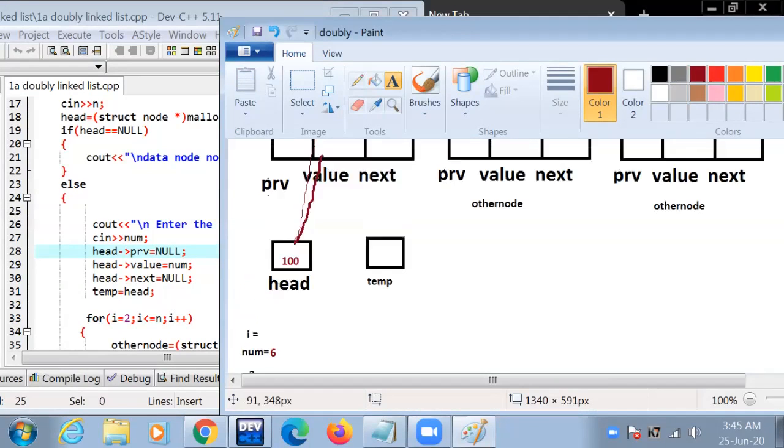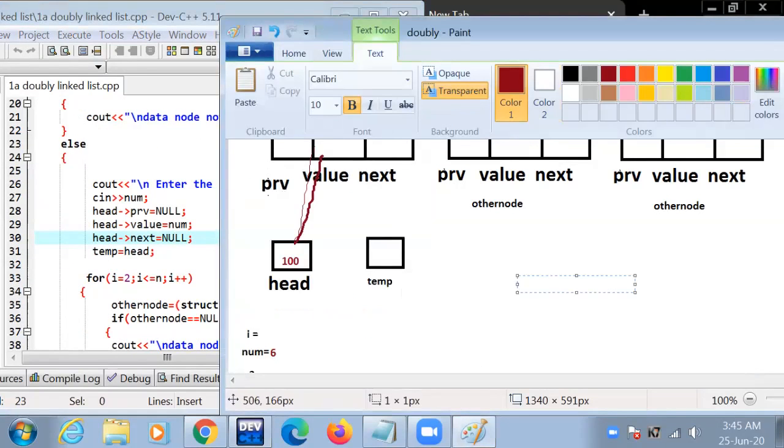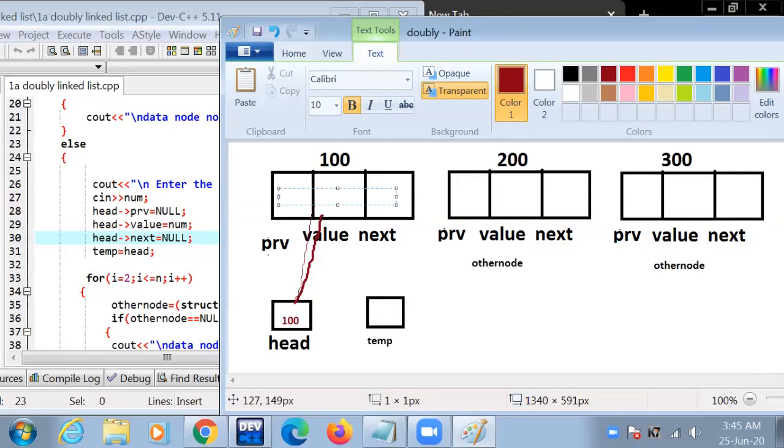Head previous equal to null means the previous pointer contains the value null. There is null.